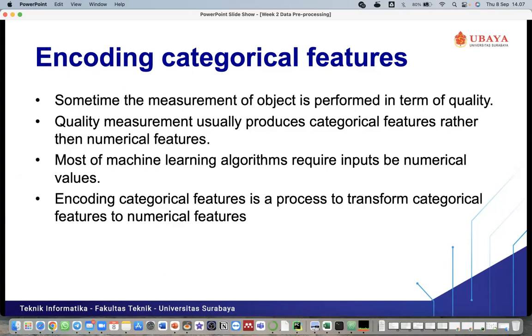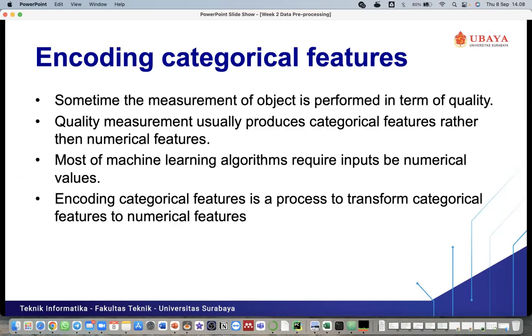Or maybe the grade values from each course. You can get A score, AB score, B score, C score, or D score, E score. So those are the categorical features.